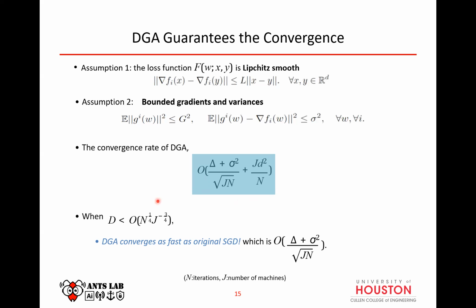If we look further, if we set this D value to be less than this particular value, then this algorithm converges very quickly. You can almost achieve the convergence rate of the original SGD problem, which is this value. So this is the same as the original SGD, just that we have one extra term which includes the delay term, the D term. And if we try to limit the value of D, then we can nearly achieve the same convergence rate as the original method. Which means that DGA not only helps us to do this pipelining, parallel computation and communication, but the convergence is also quite fast.